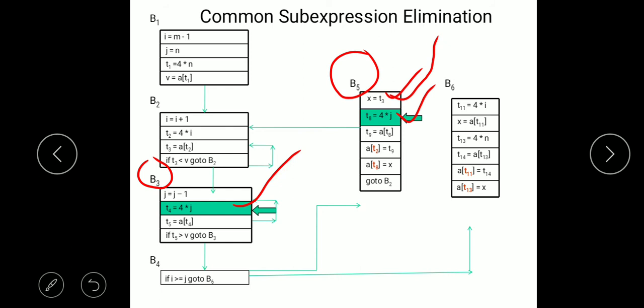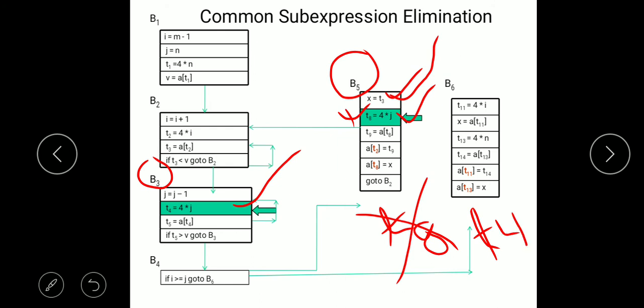We will eliminate this statement, and for all references of T8 we will put T4, because T4 is computing 4 into J. We will do it here, at this point.